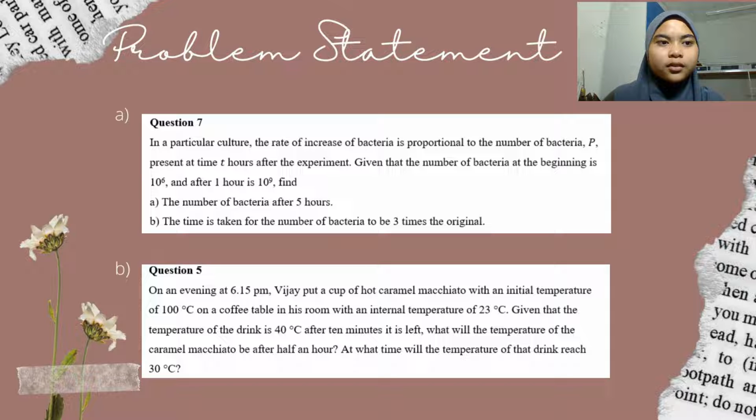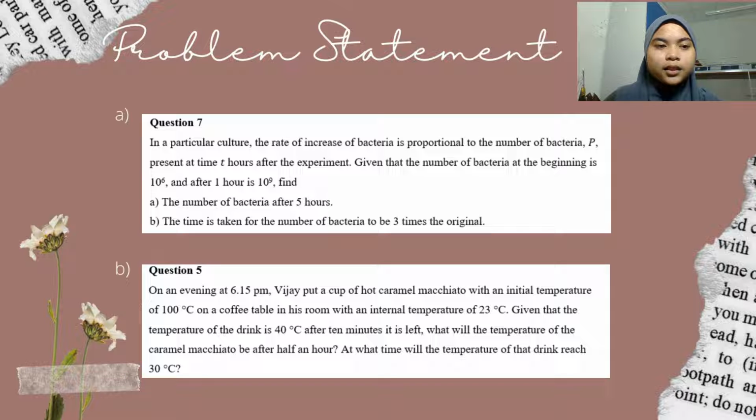Question 7 talks about a particular culture, where the rate of increase of bacteria is proportional to the number of bacteria present at time t hours after the experiment. Given that the number of bacteria at the beginning is 10^6 and after 1 hour it becomes 10^9, we need to find the number of bacteria after 5 hours, and the time taken for the number of bacteria to be 3 times the original. In question 5,